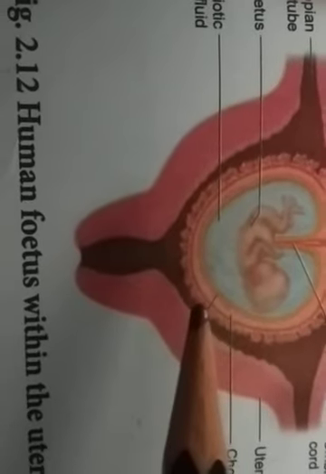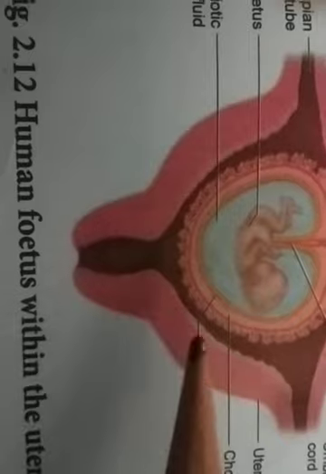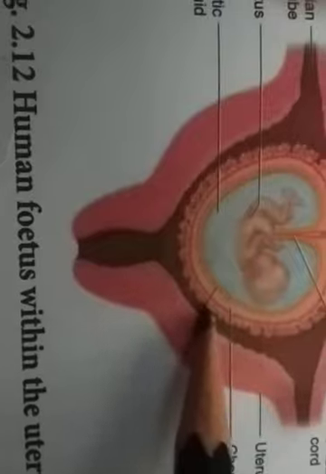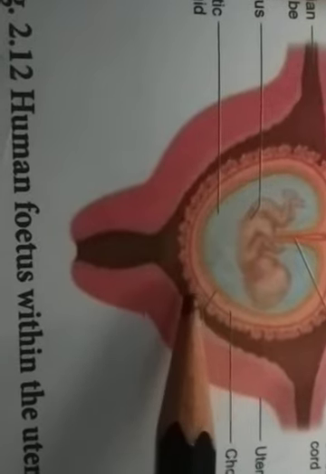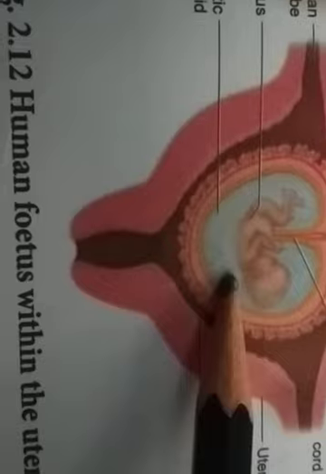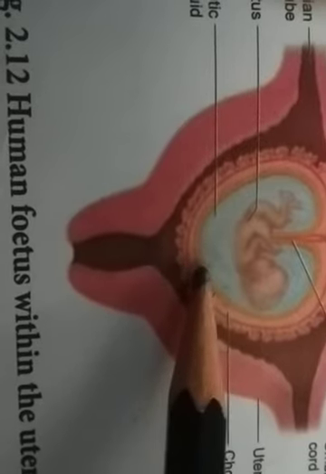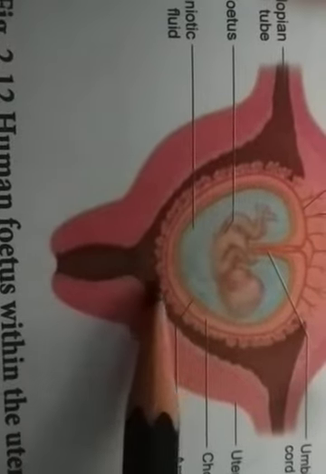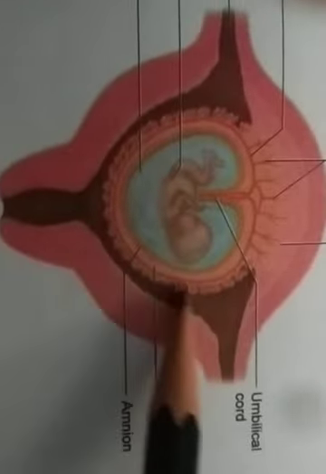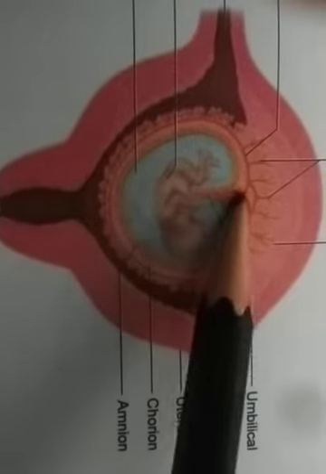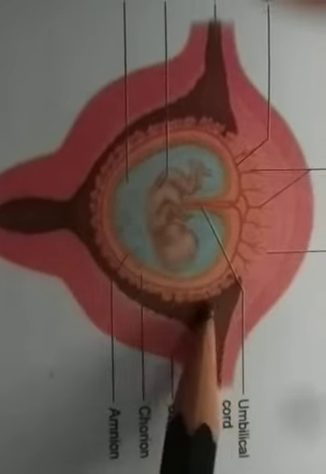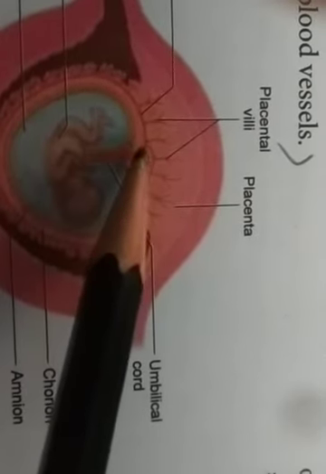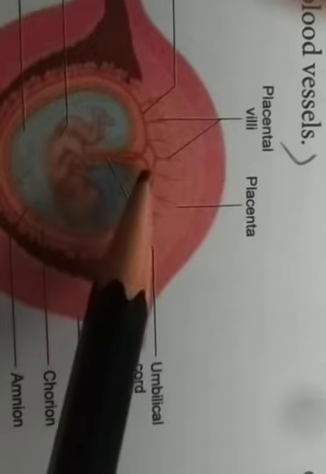Okay, so the chorionic villi carry the fetal blood and are surrounded by the sinuses that contain maternal blood. It is like the parents' blood vessels entering inside, and it gives the blood needed for the fetus, surrounded. Then the chorionic villi and the uterine tissues form a disc shape. This is the chorionic villi, and this is known as the uterine tissue. They help to form the placenta. The disc-shaped structure is known as the placenta.